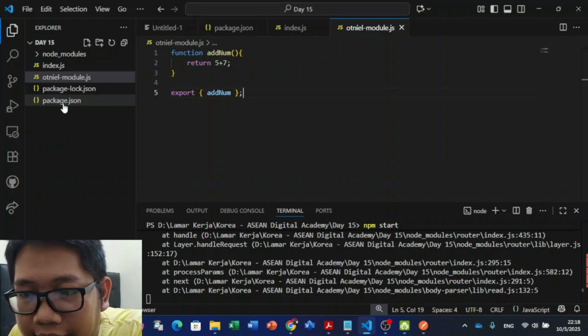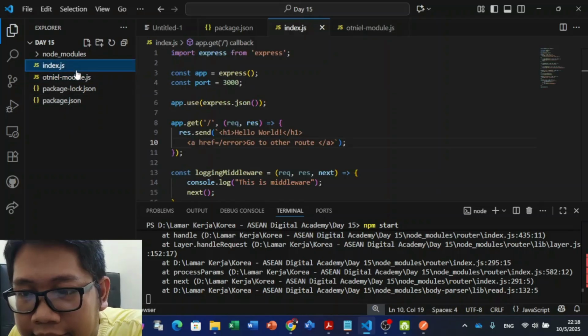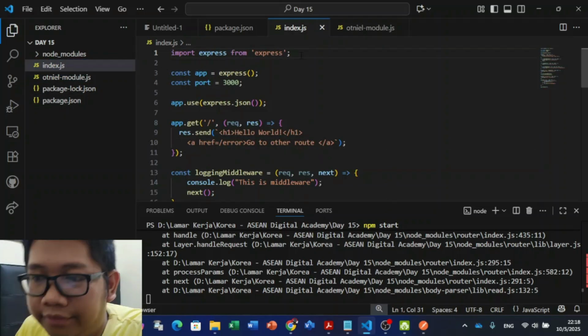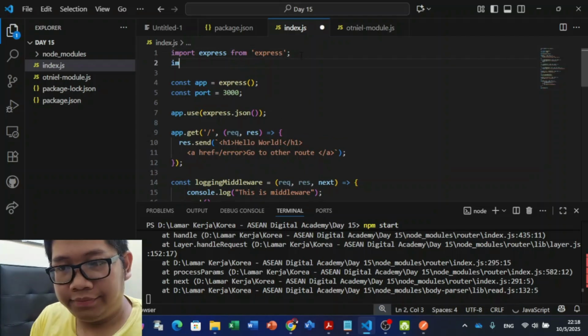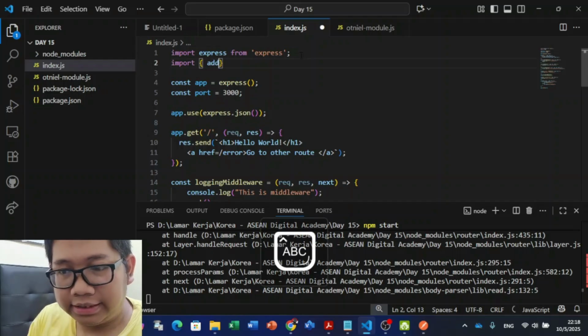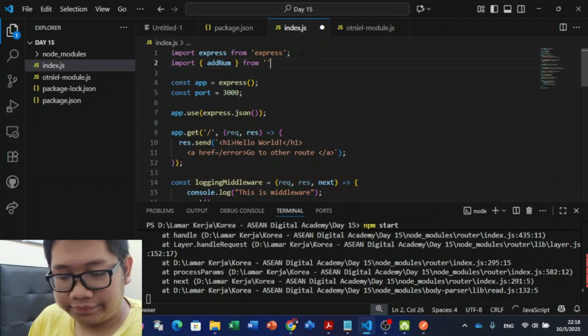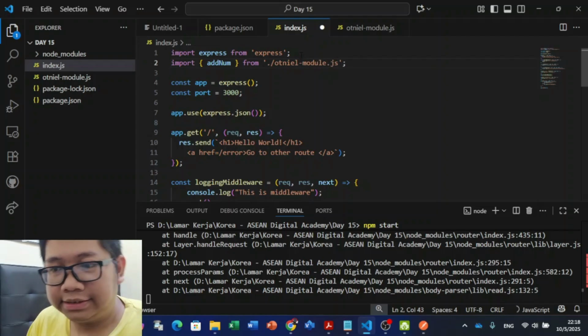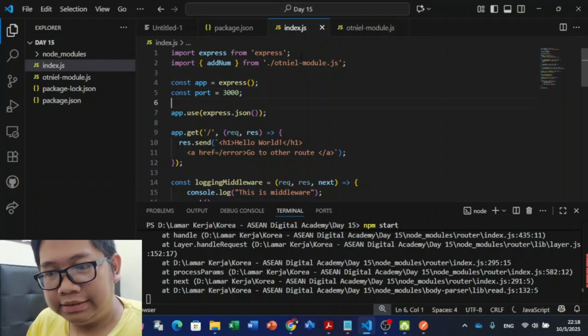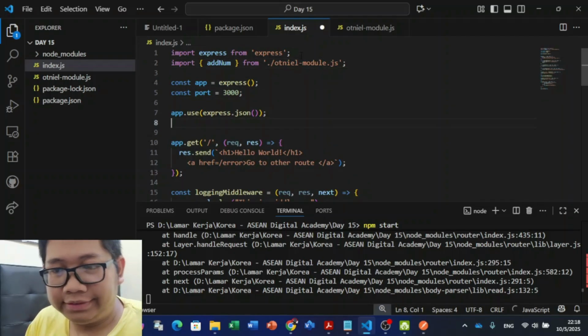And then we can call it in index.js. We just say the name of the function, which is addNum, from the name of the JavaScript file, and yeah, use it very simply.